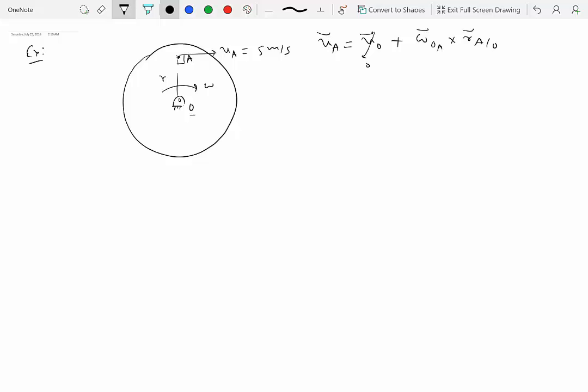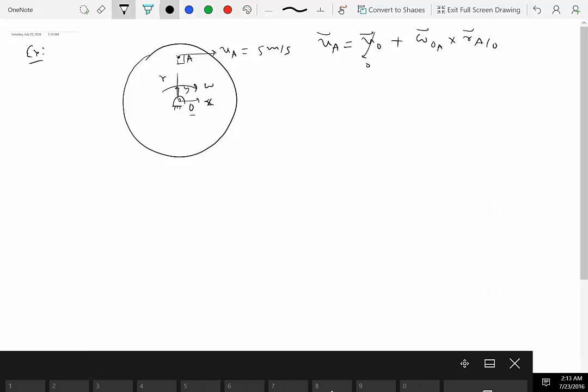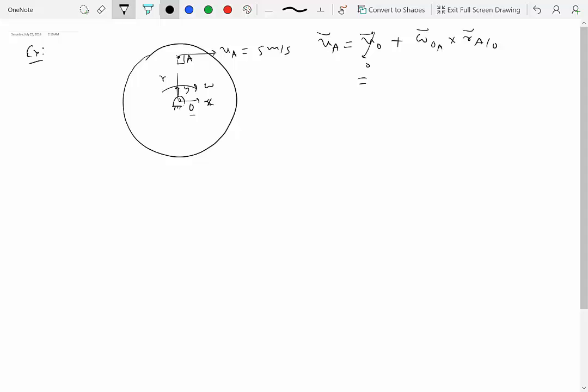Since now we're writing a position vector, I need some coordinate system, so I'll show that to you. And pretty soon I'm going to give you a very general method, like I've been giving you for every module, as to how to solve the problems. We don't know what omega OA is, so we can assume that this is positive. So we'll just write this as omega OA k hat. Although in this case you can clearly see that omega is going to be clockwise, which means it should be negative. But remember, any vector quantity whose direction you do not know, you can always assume to be positive.